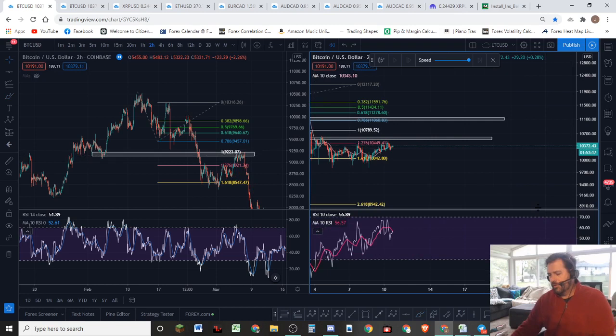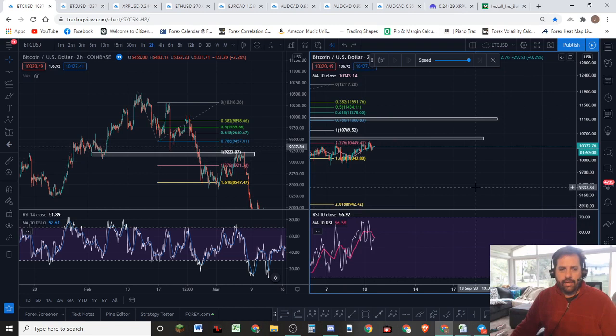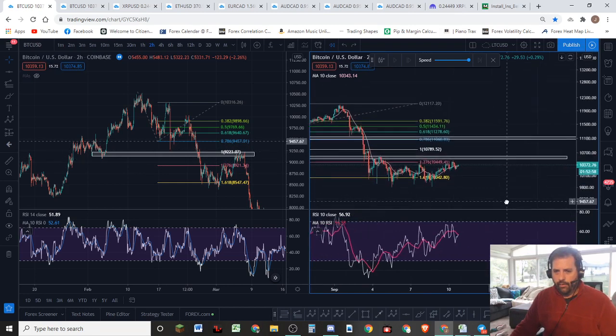And you guys are going to have to understand that as more information comes, if there's something that changes my bias, I'm going to be nimble and change with it. It's very hard to change sometimes, especially when you're thinking one way and then the chart goes the opposite way you're thinking. But that's the way trading is. That's the way it rolls.